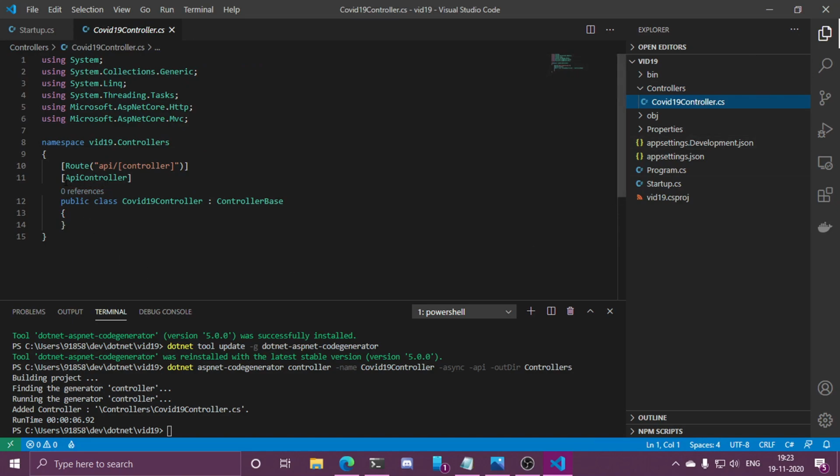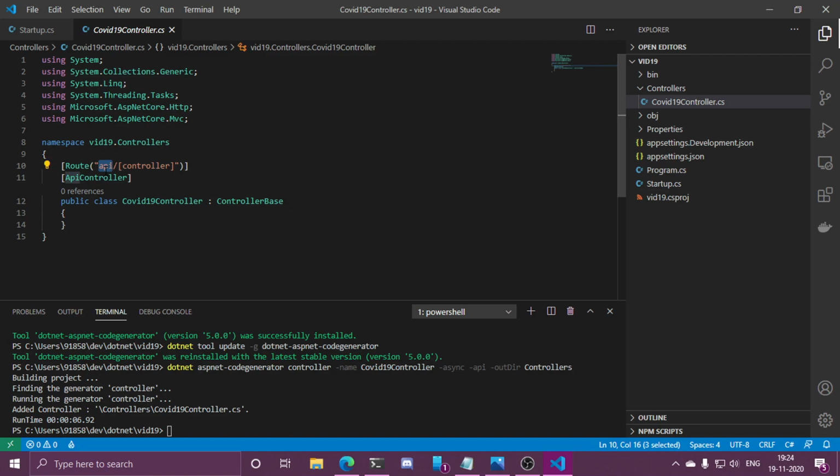So let's talk about these annotations. So basically a controller is a class which implements or extends from a controller base class. This API controller demarcates that this is the controller. So the .NET framework can do stuff under the hood and locate this controller on its own without us providing any sort of plumbing code. It can auto locate that this is a controller, and it can be used for serving web requests. This is the route this controller is approachable at.